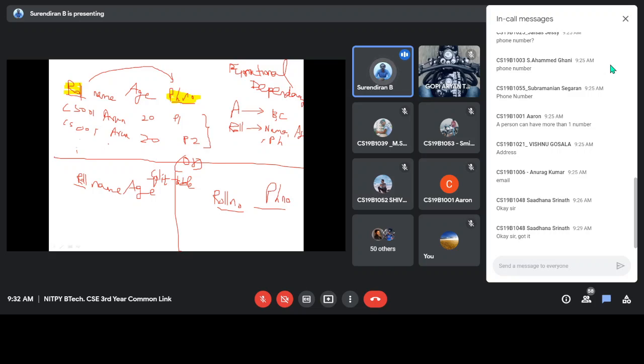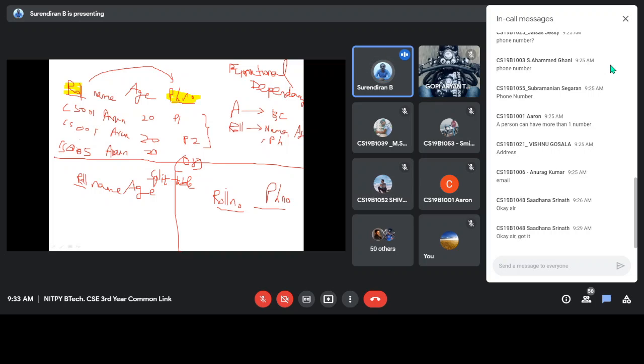But here, let us say we have another name Arun with a different roll number. In that case, using a name, we cannot identify the age. Let us say that is also Arun, maybe age 20, same age, but different phone numbers. So these may be two persons having the same name. In that case, only roll number can be used to identify uniquely. Using a name, you cannot identify the age or phone number. But with the roll number, you can uniquely identify the name, age and phone number. So that is a functional dependency here.